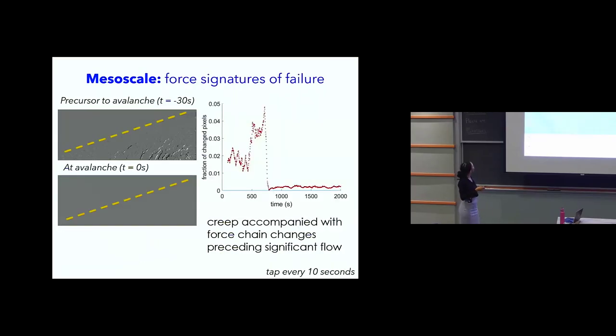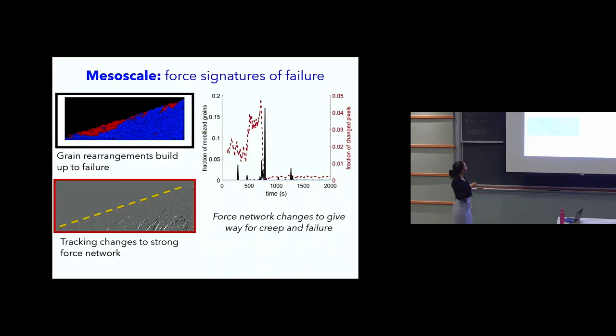And then we quantify this by identifying fractions of pixels that change over the course of the run. Here I'll show a plot of the fraction of changed pixels as a function of time, where it is 0 at the point of the avalanche, and it's greater than 0 when there is a distinct difference in the force network compared to that point. So we see there's a lot of changes happening in the force network, among the force chains, well before the avalanche actually occurs in our system.